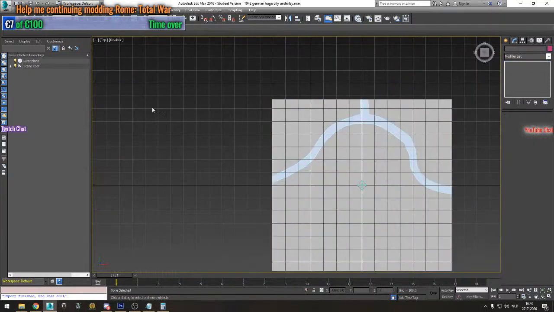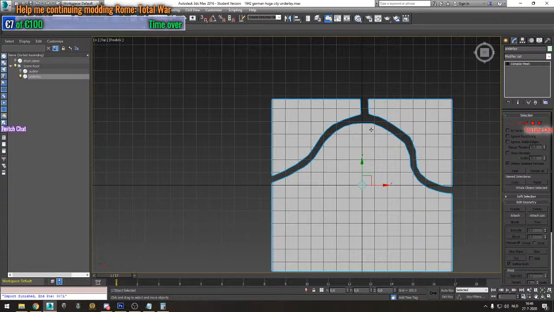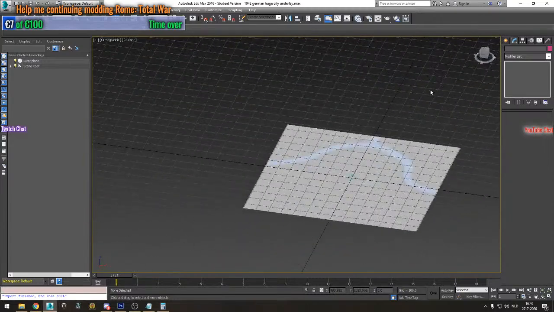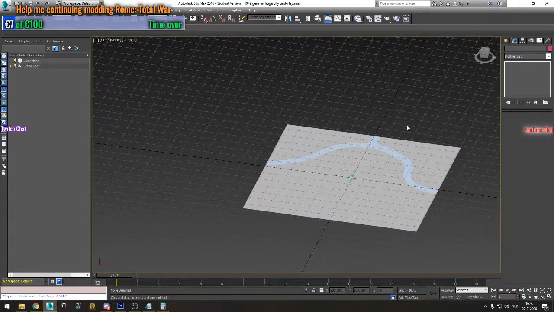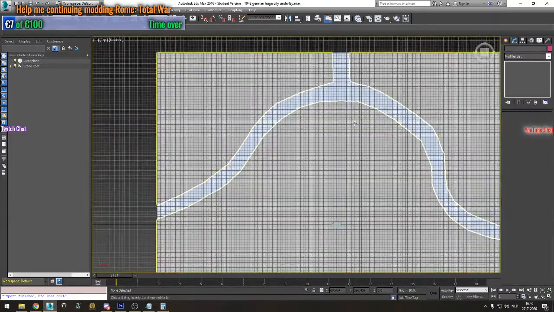Alright, so we now have this underlay with the river hole inside, which of course needs to be connected and exported as one single underlay. But this way you can have better